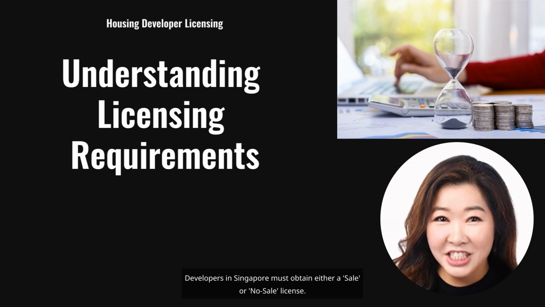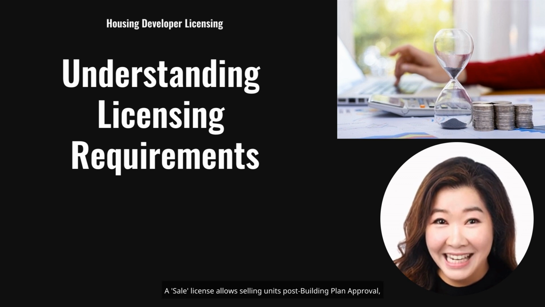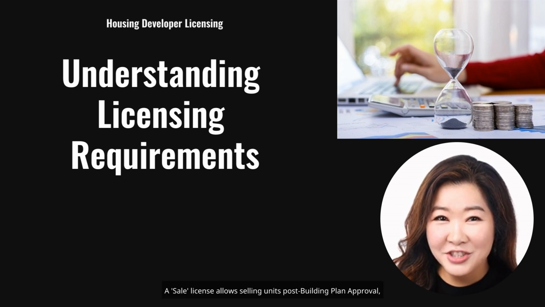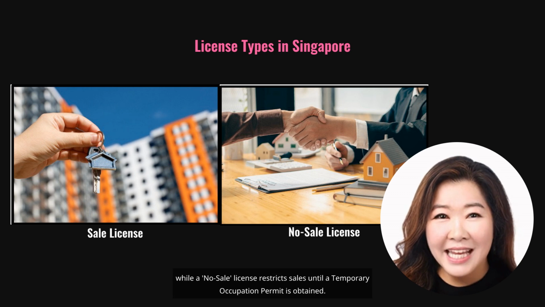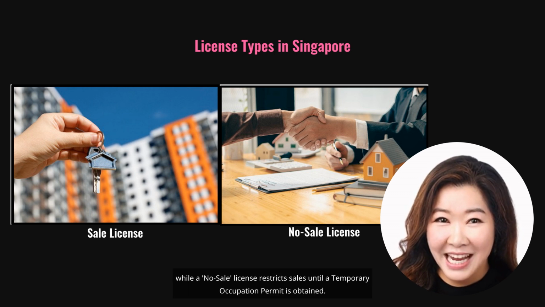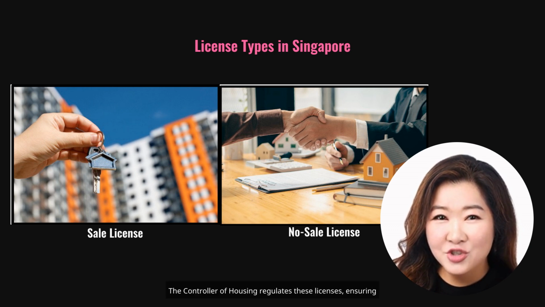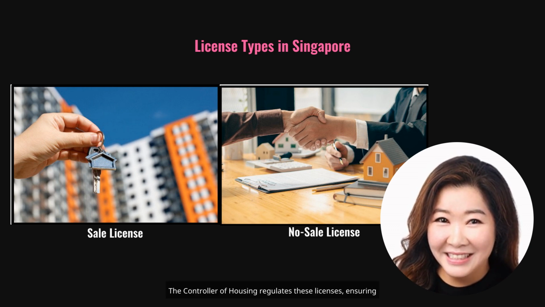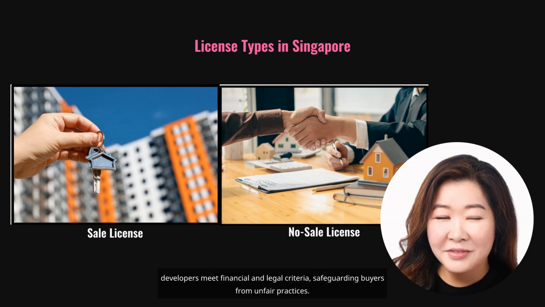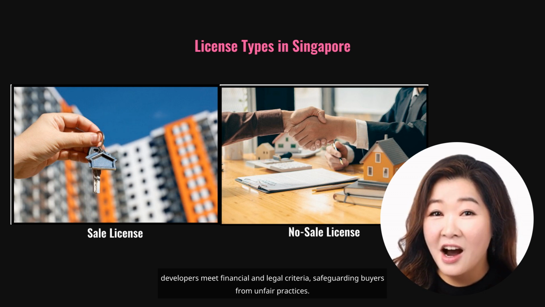Developers in Singapore must obtain either a sale or no-sale license. A sale license allows selling units post-building plan approval, while a no-sale license restricts sales until a temporary occupation permit is obtained. The Controller of Housing regulates these licenses, ensuring developers meet financial and legal criteria, safeguarding buyers from unfair